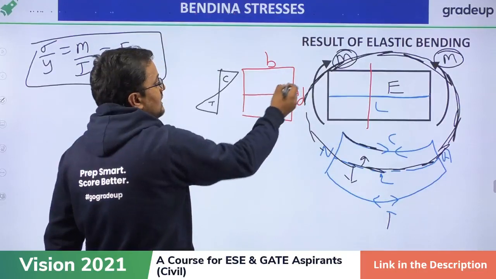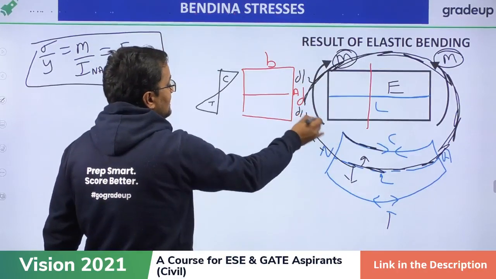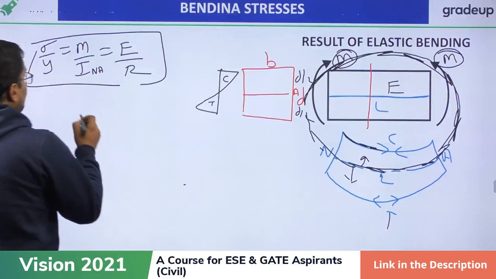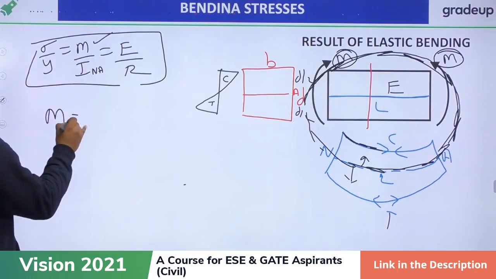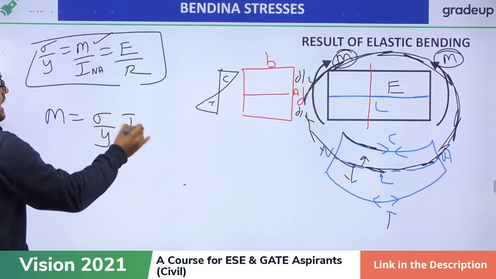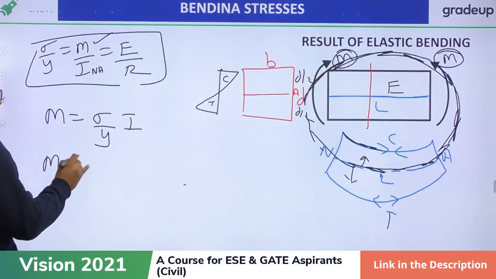डी अगर लेंथ है तो सेंट्रॉइड कहाँ होगा? यहाँ से d by 2, यहाँ से d by 2. ओके मेरे भाई, M क्या है? मूवमेंट ऑफ रेजिस्टेंस. तो M मूवमेंट क्या हो जाएगा? सिग्मा बाय y इंटू आई. मेरे भाई MOR होता है मूवमेंट रेजिस्टेंस कि कितना